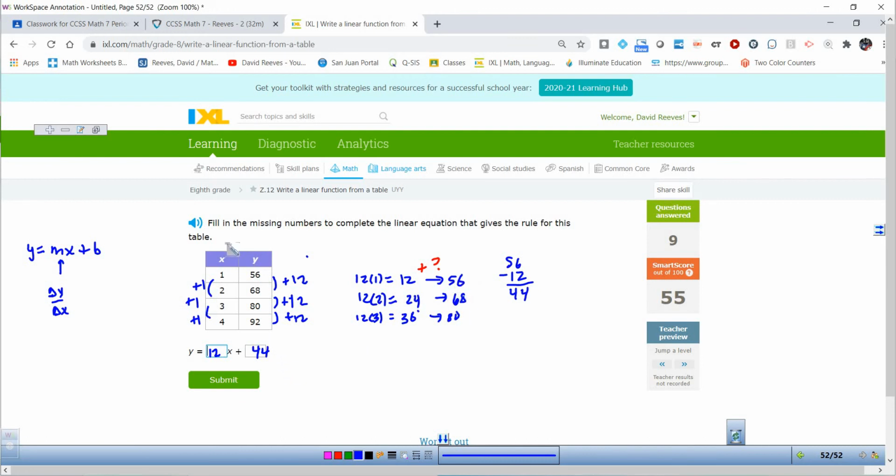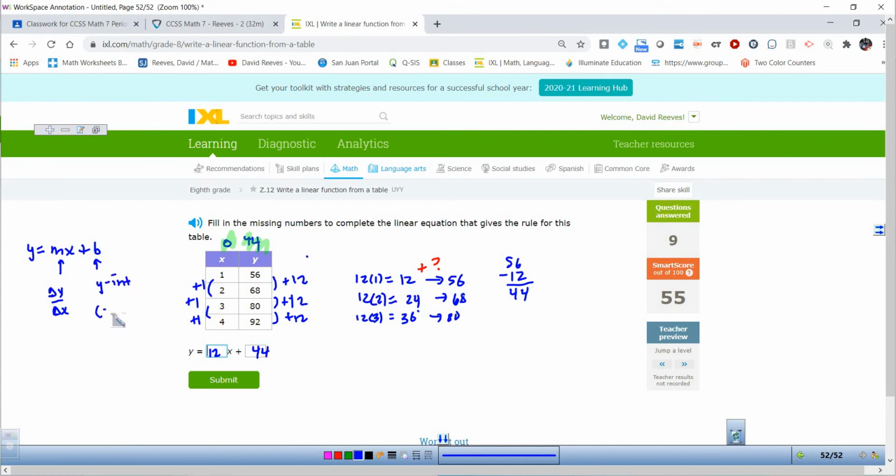All right, another way we can extend our table. Now, I'm just going to go, because it's just right here, right? 4, 3, 2, 1, 0. It was going up by 12, so then I go down by 12. And do you see how that gets me to 44 right there? 44, Mr. Reeves, not 14. All right, 44. There is my y-intercept, because remember, that is your